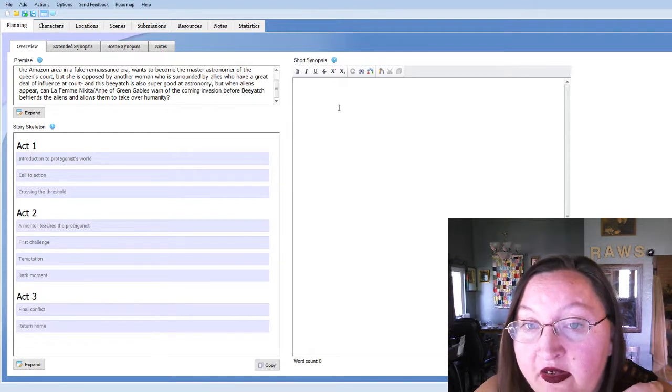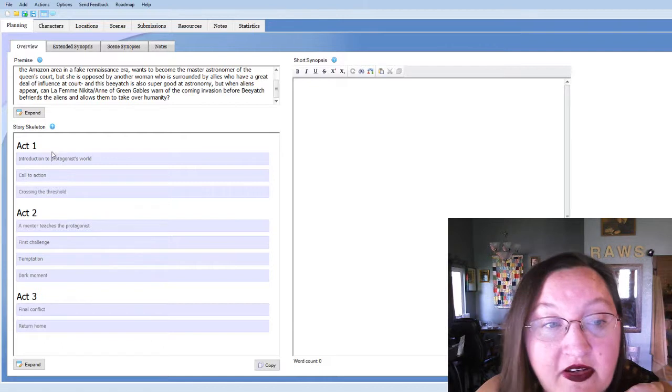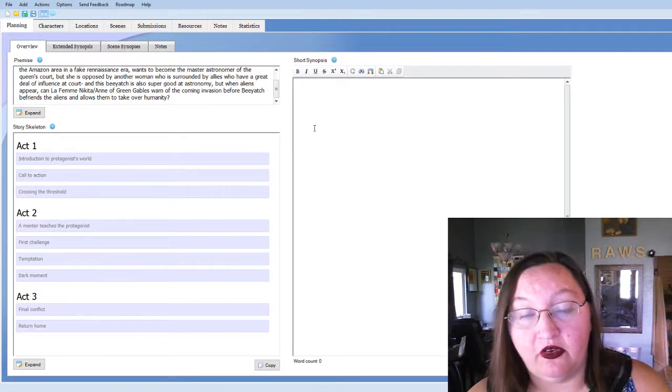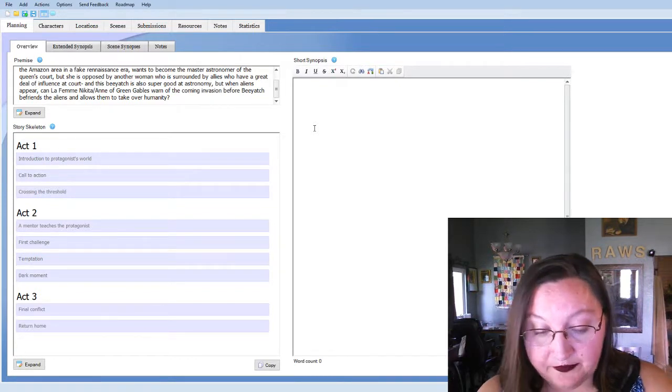In Act 1, introduction to the hero's world, you set the scene, introduce your character and their normal life just in time for them to be torn from it. Okay, introduction to the protagonist's world. We will write